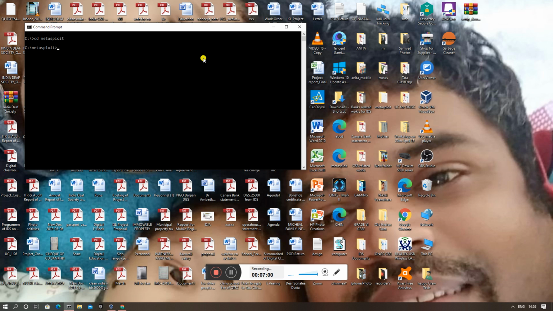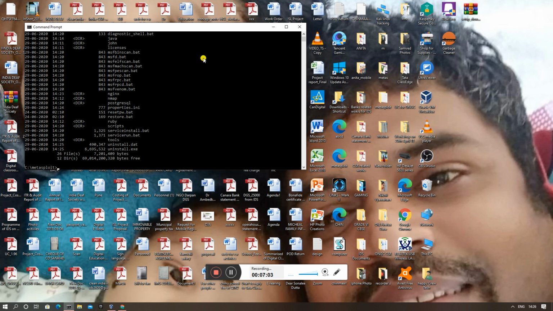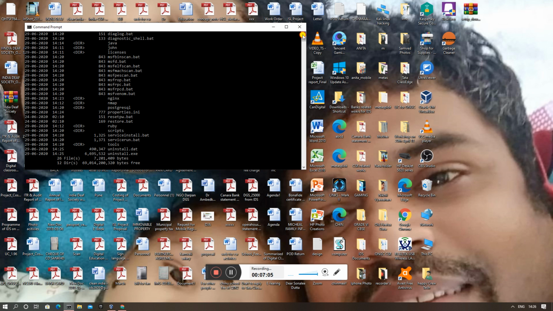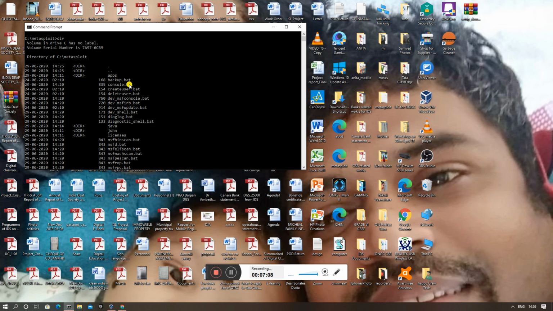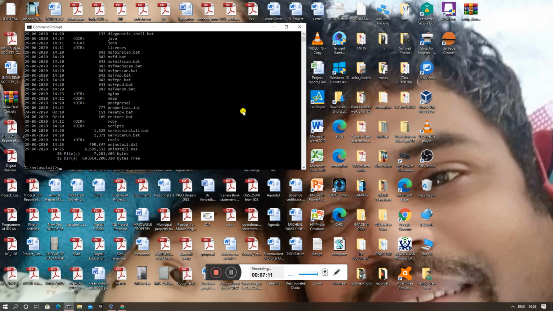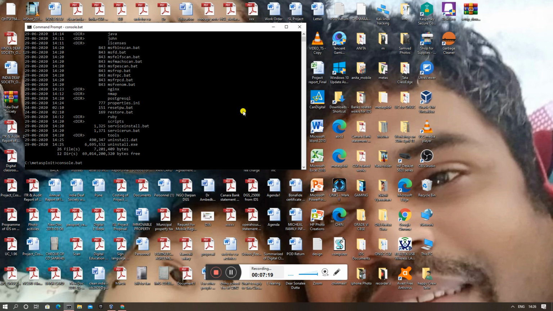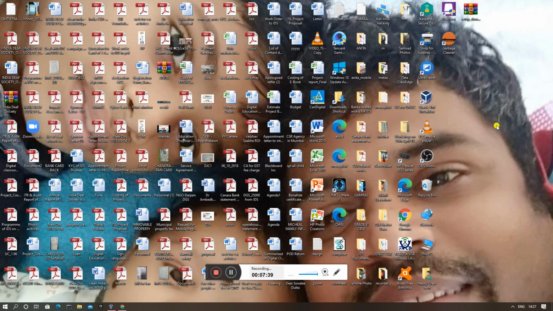Then you have to type dir, and as you can see here, console.bat. You have to type console.bat and hit enter, and Metasploit will start for you. This also might take a bit of time depending upon your laptop or PC speed. I'll just close this. I don't want it to open.